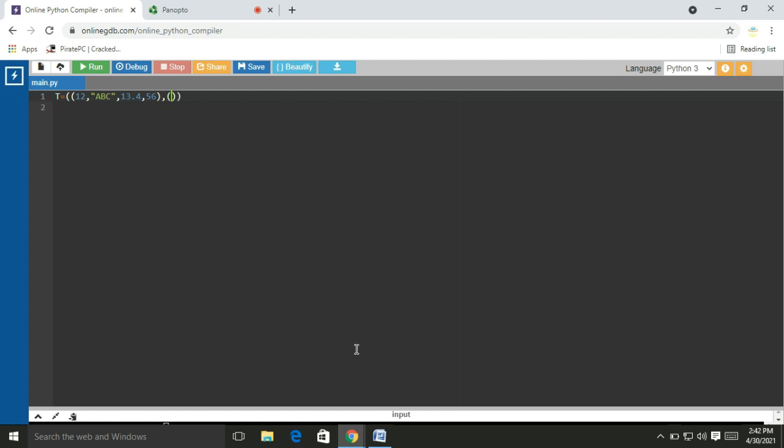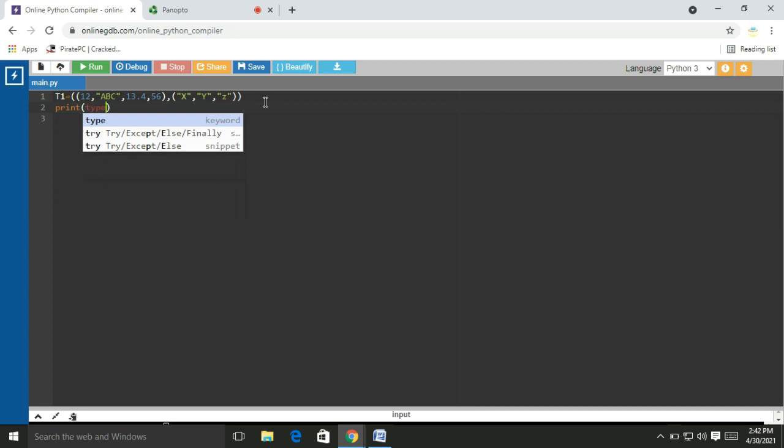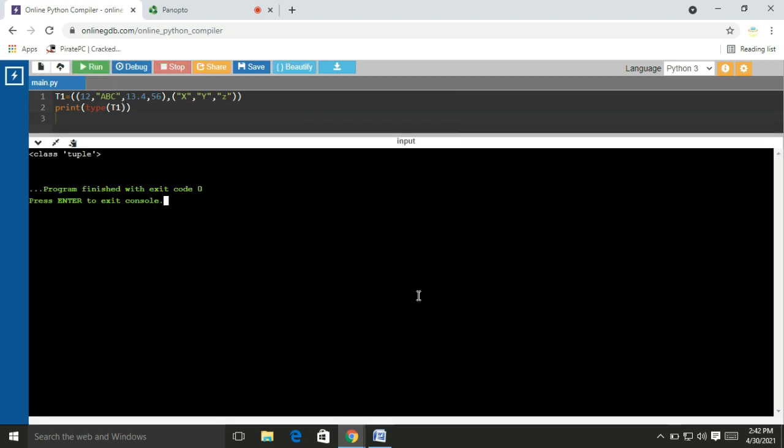The next one is X, comma, Y, comma, Z. Now I will check whether T1 is a tuple or not, using print type of T1. Okay, friends, this is a tuple. We can observe this output.